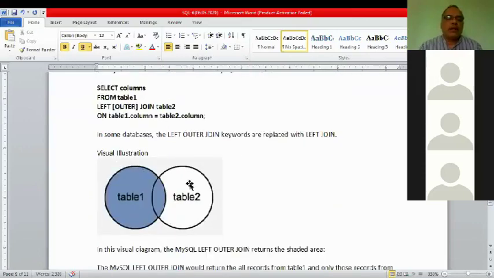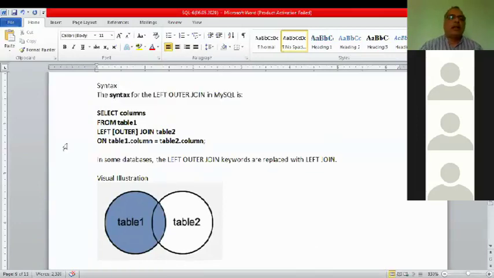First see this graph. Left outer join, which one was the left? There are two tables. We are working on the two tables. Left table is that table which was executed at the first. Say select from table 1. So table 1 is the left table. As second table is the joint table. Sorry, table 2. So left table will be the first table and right table is the second table always.